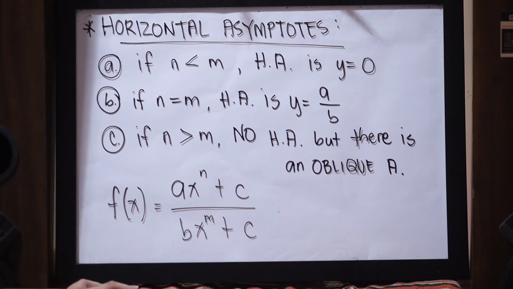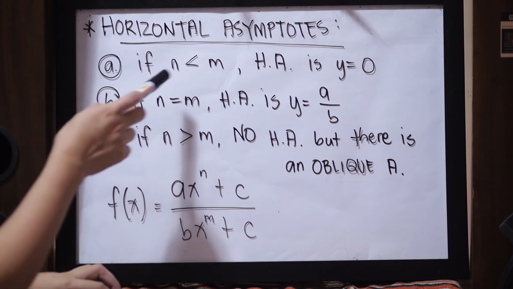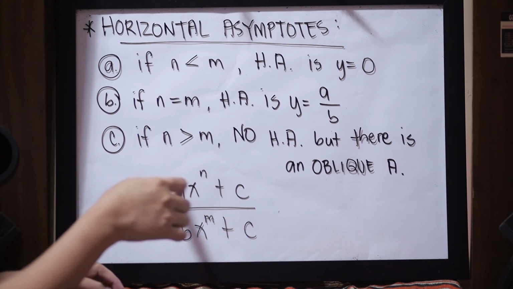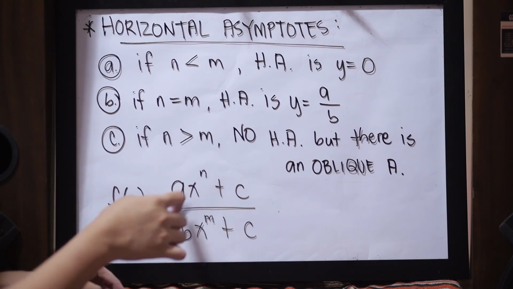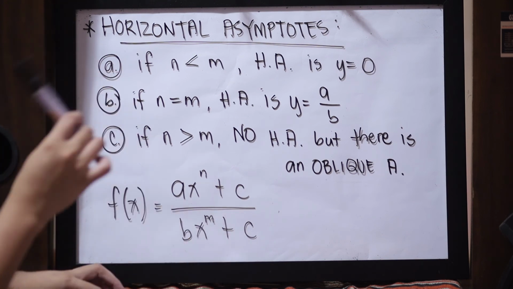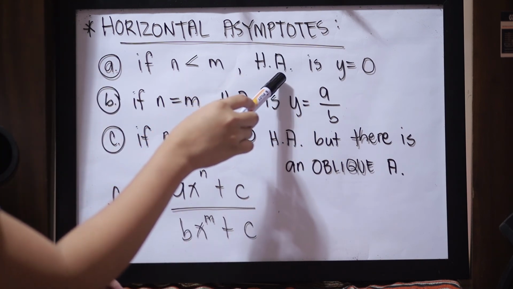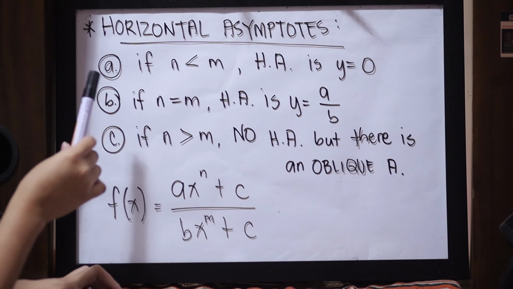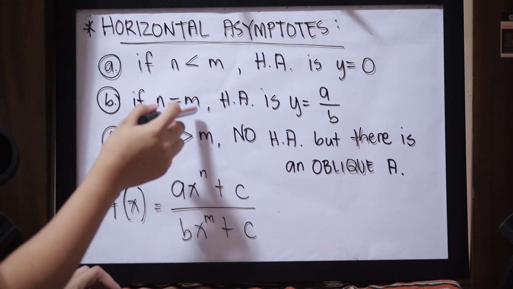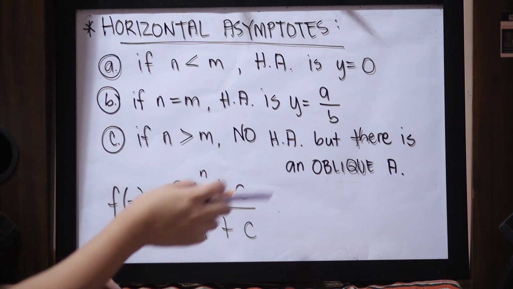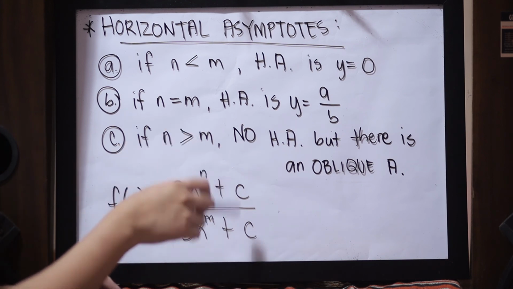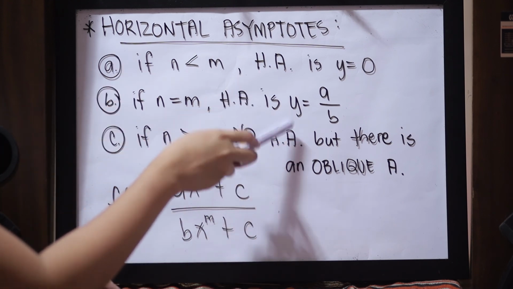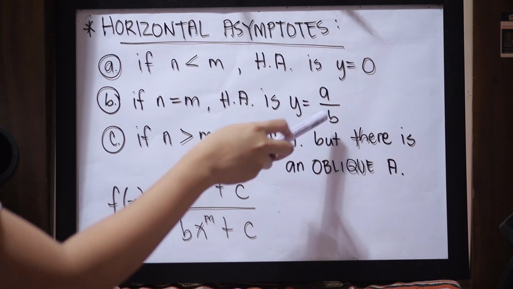So, may three cases tayo for this. The first case is that if n is less than m, or if the highest exponent of the numerator is less than the highest exponent in the denominator, automatic, your horizontal asymptote is y is equal to 0. Okay po? Next, yung second case natin, if n daw is equal to m, or the highest exponent in the numerator is equal to the highest exponent in the denominator, your horizontal asymptote is y equal to a